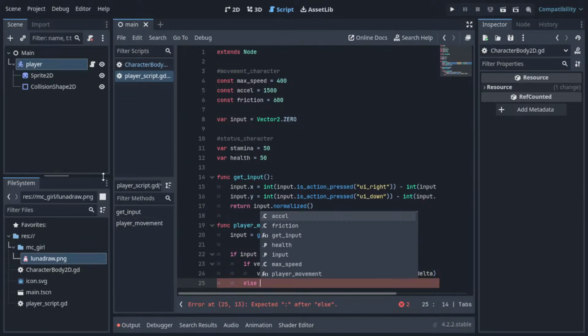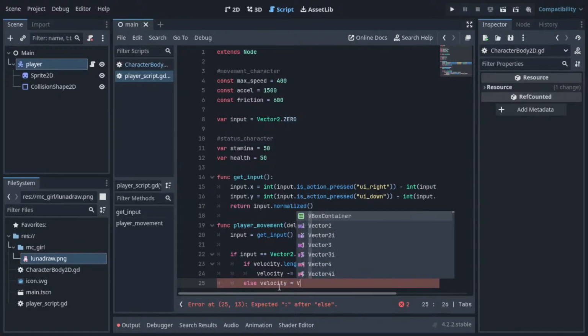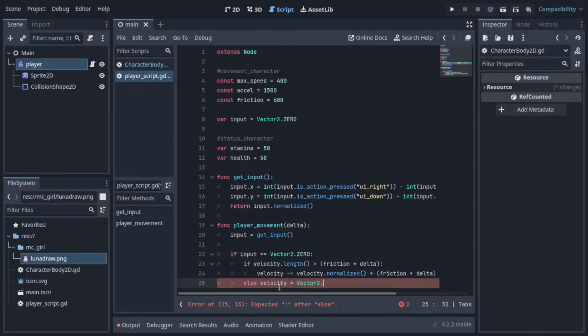Else, so we're going to have to say if velocity.length is not greater than friction times delta, then velocity equals Vector2.ZERO, which basically means we're at a complete stop, right? Because if you look at it, if velocity.length is greater than our friction times delta, it means our velocity minus our... okay, wait, let me explain. So we have our player movement, right? So we get our input, we get negative x or a positive y, just depending on our